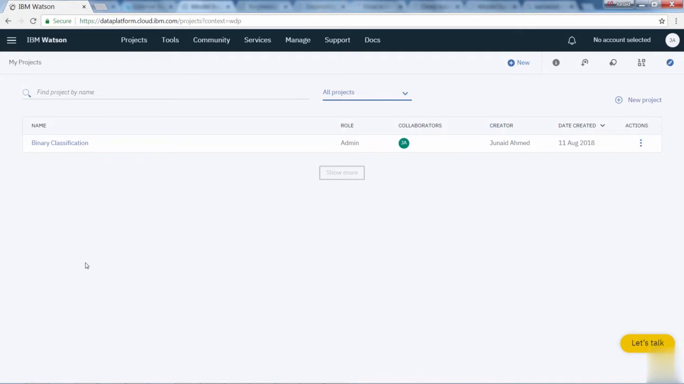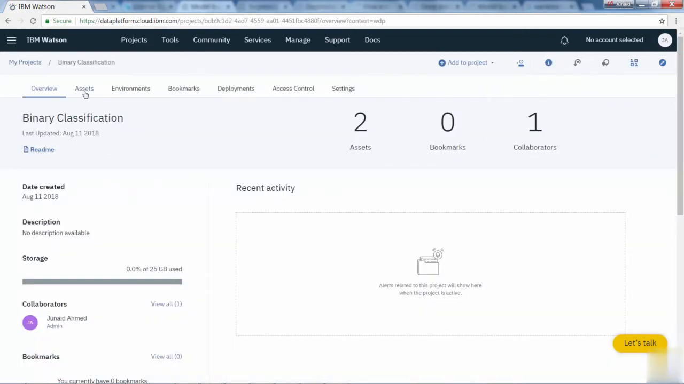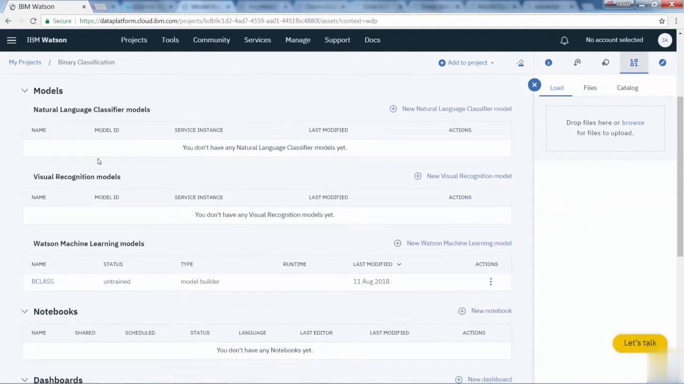Now you're going to choose the parameters for the algorithm, and you're going to be training your machine learning algorithm. Perfect. Now let's go into the project. So for me, it's binary classification. Go to assets, and in assets you can find your models here. So for me, it's B class. So I'm going to go inside my model,